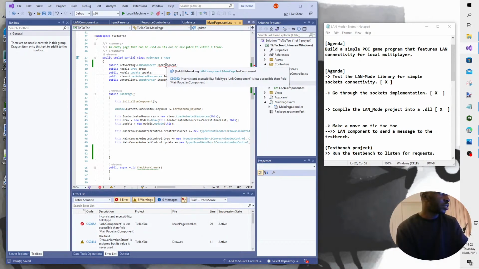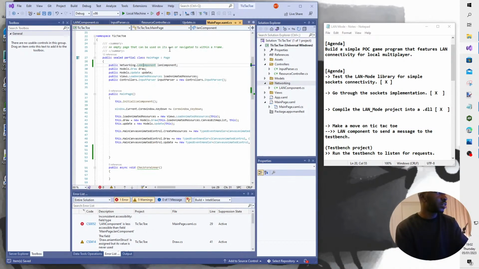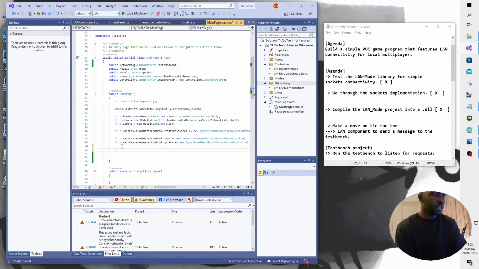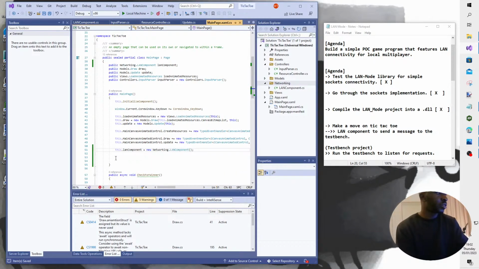What's this? It's less accessible. Oh yeah, it's internal, isn't it? So what I'll do, I'll just make it public now. Go back. And then I'll construct this class here somewhere. Okay. And then when I've constructed it,